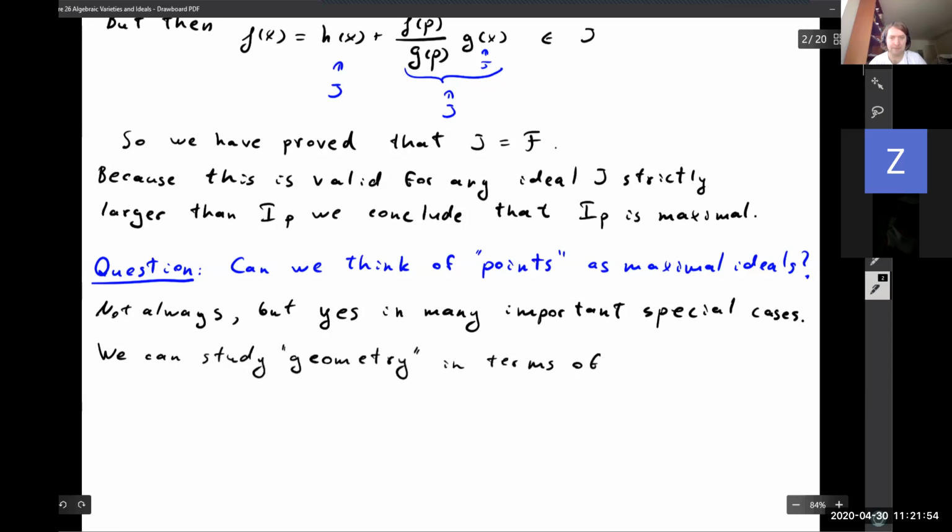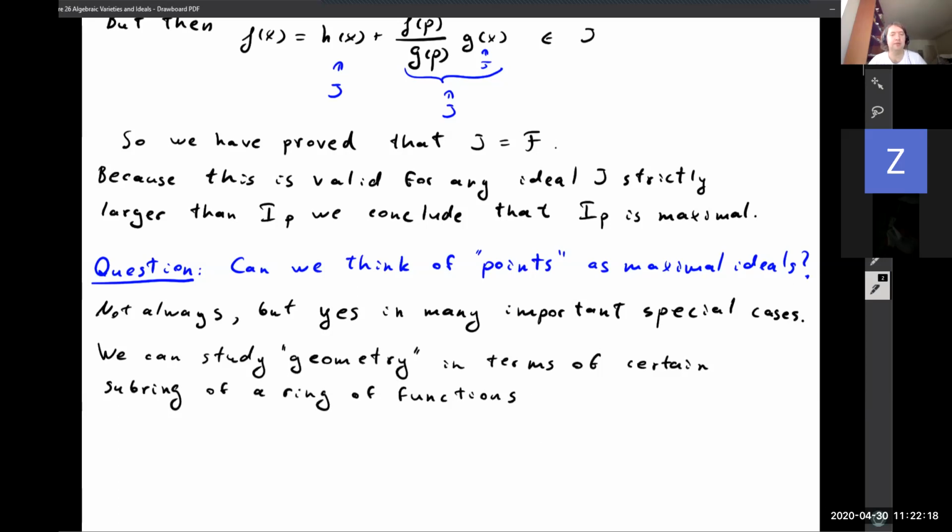of a certain subring of a ring of functions. And this is actually a rather powerful idea, which is used in many different areas of mathematics. And examples include algebraic geometry,